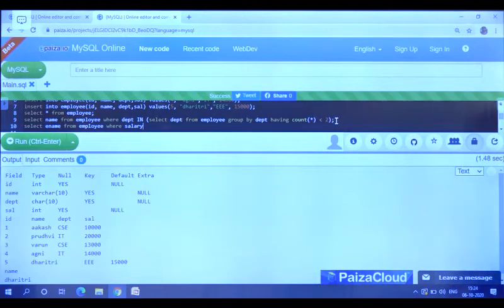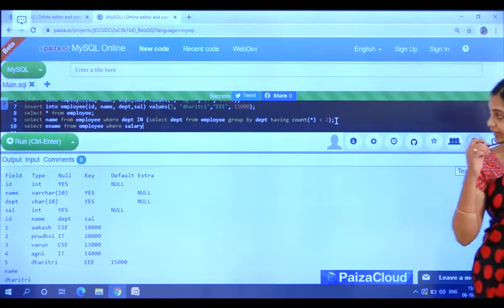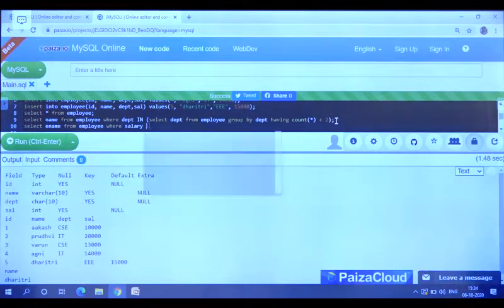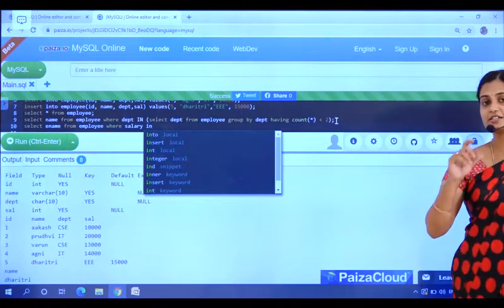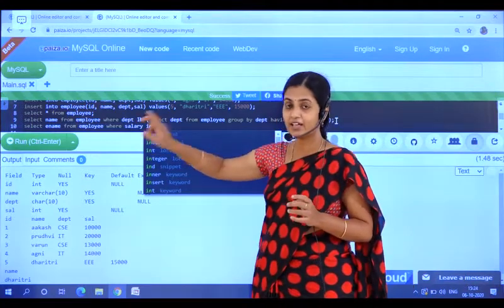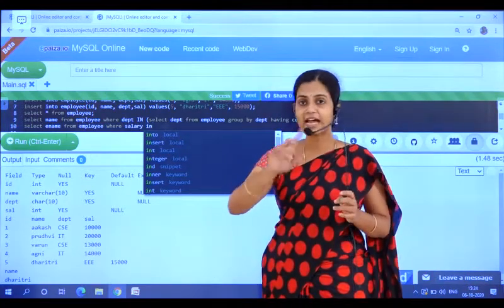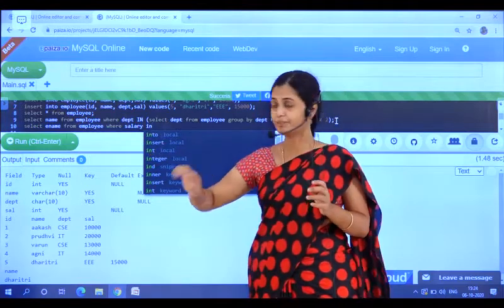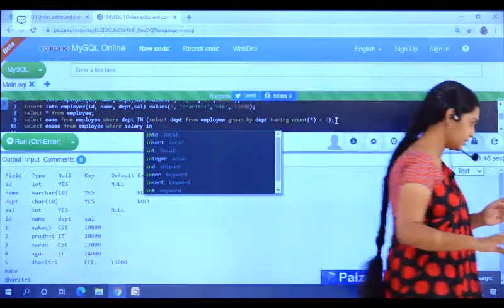So select ename from employee where salary in. What did I just now tell? You can include the salary or the department, both attributes can be included. Okay, so salary in.